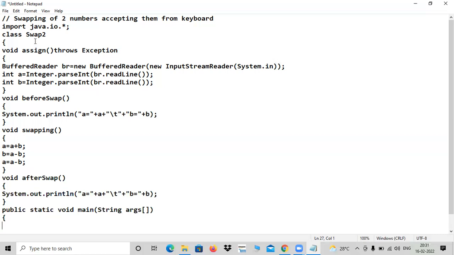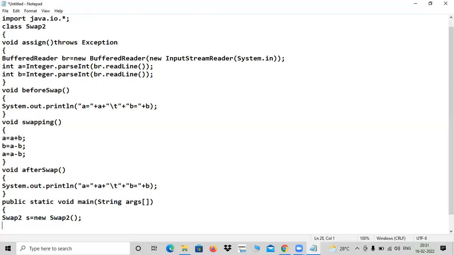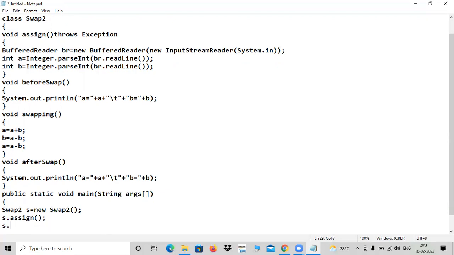For which class do we have to create the object? For swap2. Let us create an object for swap2. Let us say s is the object I am creating, equal to new swap2. Then s dot, which method do you have to invoke first? Assign, is it not? You have to invoke the method s dot assign, and then s dot before